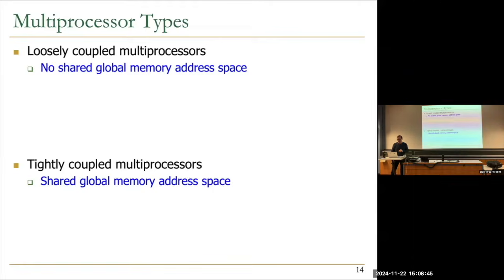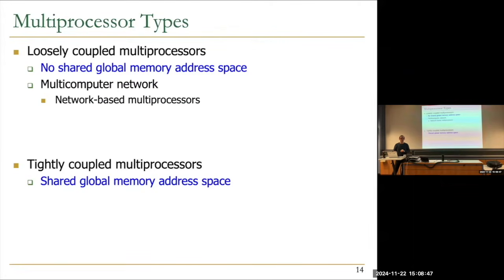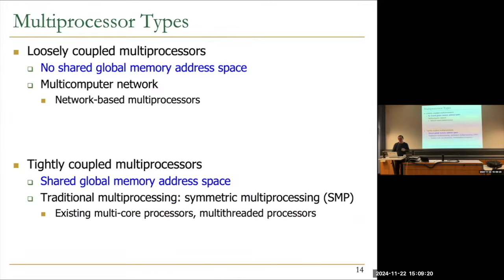Okay, that's interesting now. This is also called a multi-computer network, in a sense, a network-based multiprocessor. So if you're all on the same network, they could also be thought of as loosely coupled multiprocessors, and you can partition a program across my laptop and your laptop and your laptop and your laptop, for example. These are actually loosely coupled multiprocessors right now. Maybe they're not explicitly designed that way, but they are. And I could actually partition my program across your laptops, assuming I have the permissions to do so.